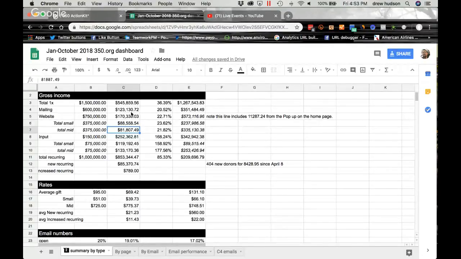The results are not as illuminating in the non-December drive time. We don't get a lot of mid-level donations, or they tend to just kind of track with whatever gets the most small-level donations. So not necessarily terribly actionable intelligence, but it does give you some idea of what we're talking about. So the way that we would sort those in Excel